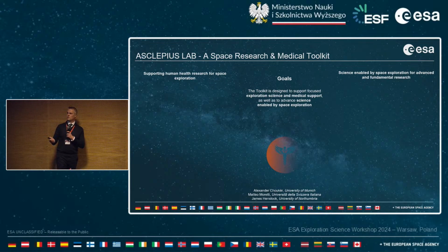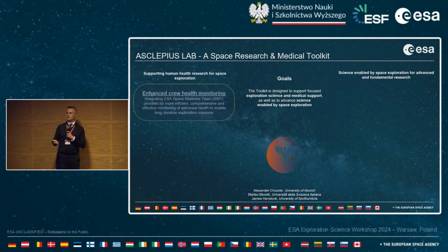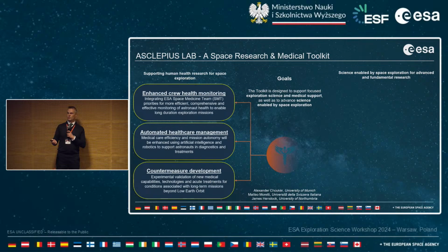So the first thing that we defined really was the set of goals. So the toolkit, and as Alex has described, we've envisaged this as a toolkit of different components, different modules, different instruments, all working harmoniously towards particular goals, designed to support these two twin interlinked pillars. For enhanced crew health monitoring, particularly as we go into further destinations with greater reliance and autonomy. Automated healthcare management as well, so not just monitoring, but also the ability to reactively respond to crew health emergencies and changing health scenarios, even simply declining physiological performance. And development of countermeasures,